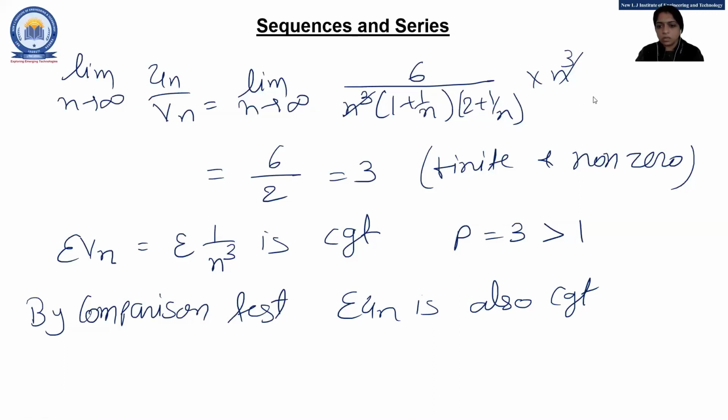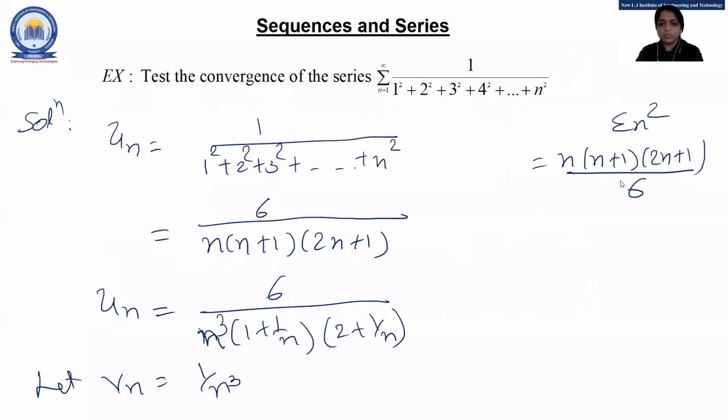Yes, many students have given the answer in the chat box. If anyone still has any doubt about this example or today's lecture, let me know in the chat box. Please show the previous slide. Okay, see, this is the previous slide. No doubt now, very good. Students, we have less than 1 minute, so if you have any doubt, let me know in the chat box. I think now you got how to select Vn. We have to select Vn as per Un.